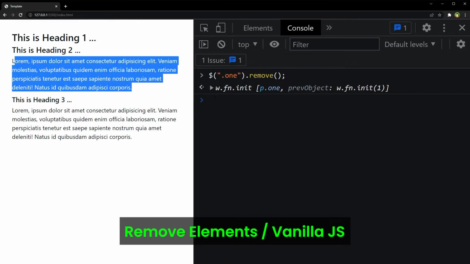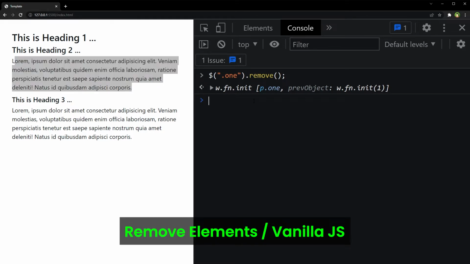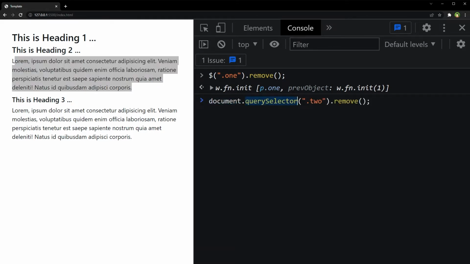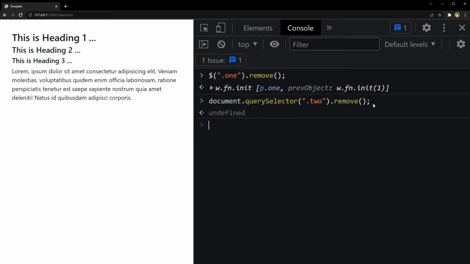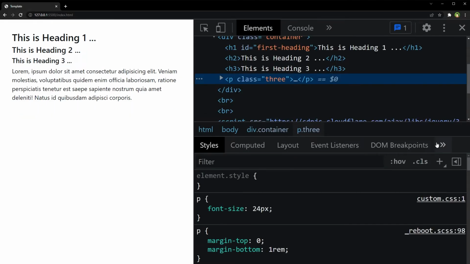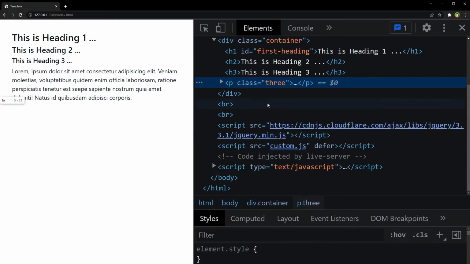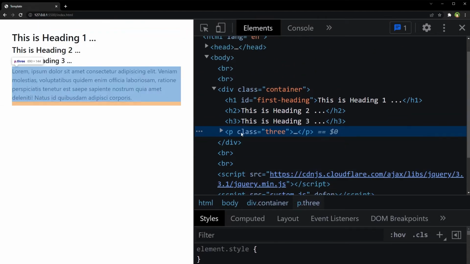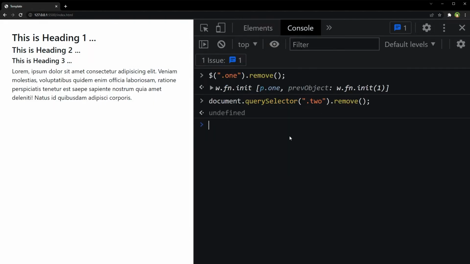Let's remove this paragraph in vanilla JavaScript: document.querySelector, we selected the paragraph, and then the dot remove method will work in vanilla JavaScript. And as you can see, paragraph 2 was removed, only 1 remaining.